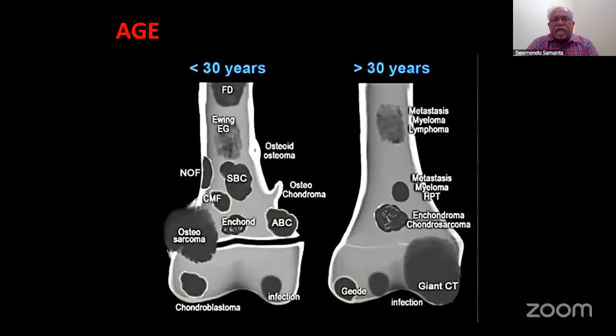So coming to the age, if we divide the bone tumors according to the age bar of 30, and we come down to 30, you see the picture on the left side. If you go from the top side, there is fibrous dysplasia, Ewing's tumor, or the eosinophilic granuloma in the middle, or the simple bone cyst, or the chondromyxoid fibroma. Then if you come to the cortical side, you will find the non-ossifying fibroma, osteochondroma, or if you come down to the metaphysis region, you will find the ABC, the osteosarcoma, and if you come down to the epiphysis, you will find the